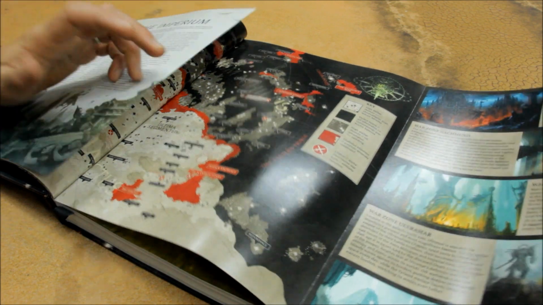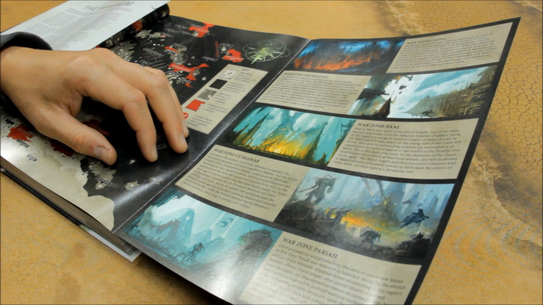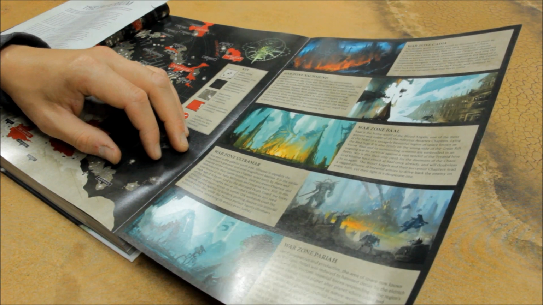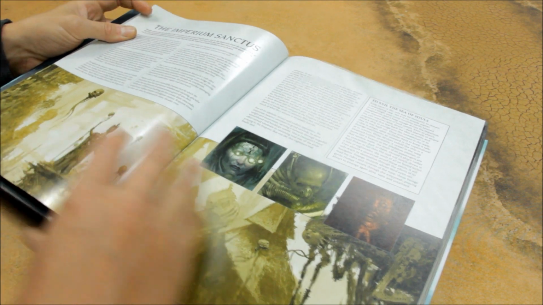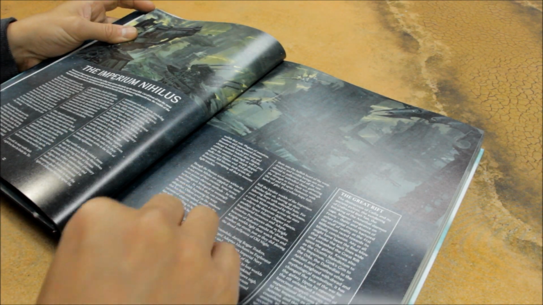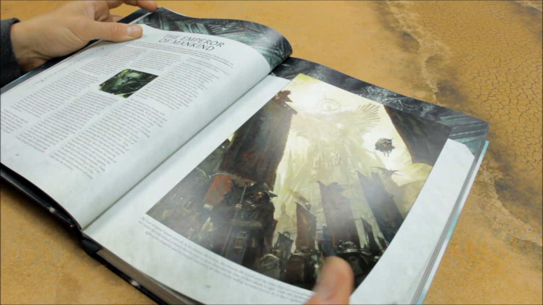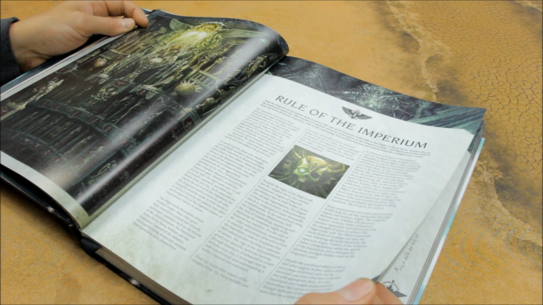Parts of the galaxy. And then different war zones: Warzone Pariah, Warzone Ultramar, Warzone Baal, Warzone Nachmund, and Warzone Cadia, of course. Imperium Sanctus. I mean, it's a fine production. Really is superb. Imperium Nihilus, the Emperor of Mankind, Rule of the Imperium,